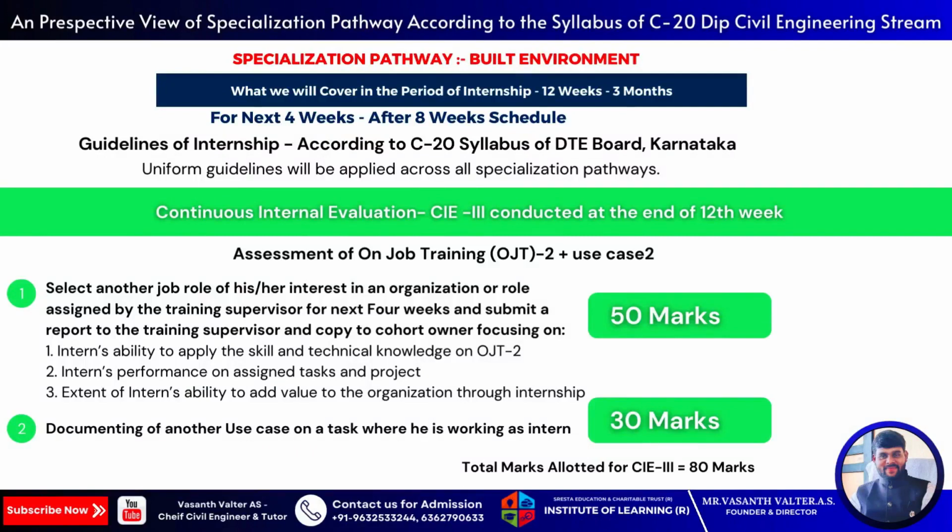First point, select any other job role of his or her interest in the organization, or a role assigned by the training supervisor, for the next 4 weeks, and submit a report to the training supervisor and cohort owner focusing on the intern's ability to apply the skill and technical knowledge on OJT2, second, the intern's performance on assigned tasks and projects, and third, the extent of the intern's ability to add value to the organization through the internship. That is about 50